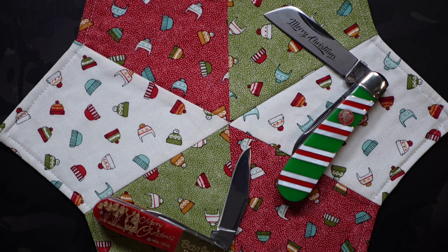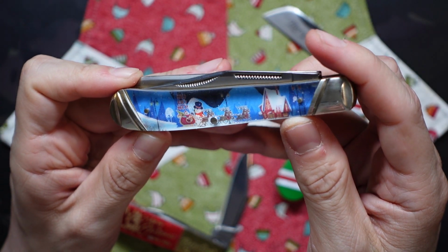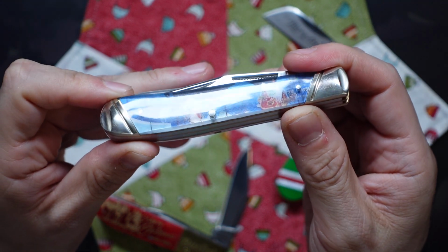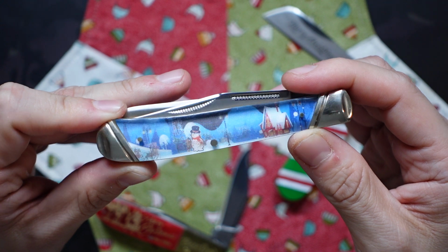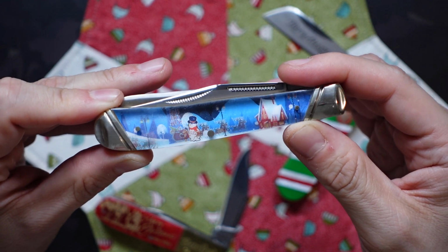Next up, let's go back over to Rough Rider. This one is a trapper with, I believe this is called a lenticular scene, where depending on the angle that you view that scene, the image that you see is a little bit different, and it's a little bit hard to show on camera because the camera is straight above. I think it shows a little bit better if I tilt it downwards actually, so you can see that image